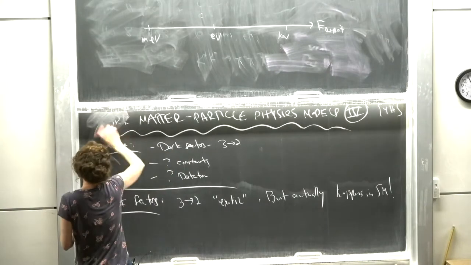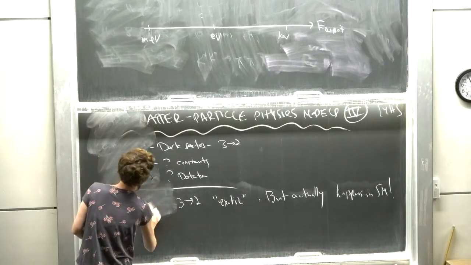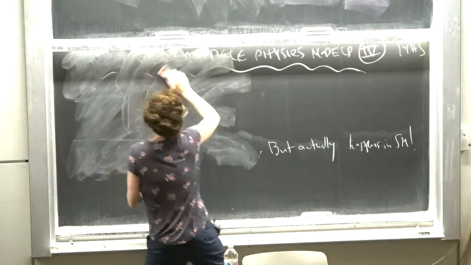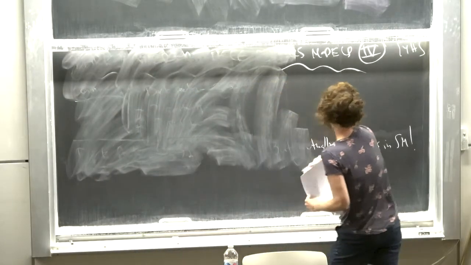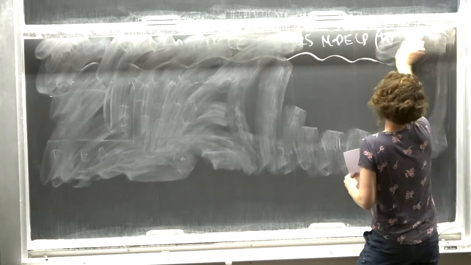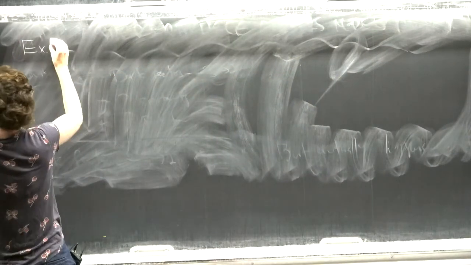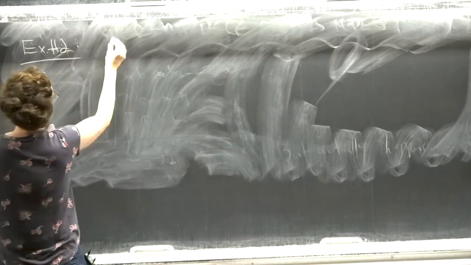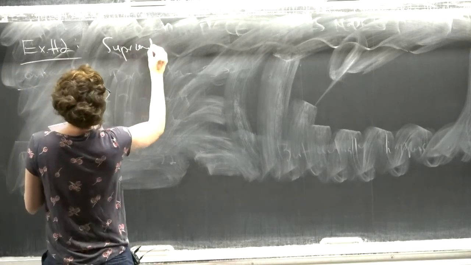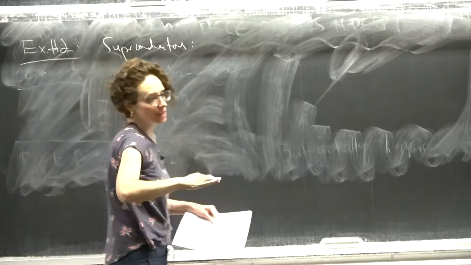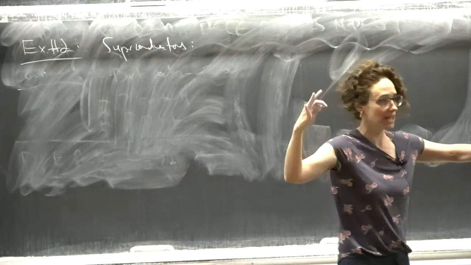which is superconductors. So example number 2, superconductors. Okay, so in superconductors, what happens is that the ground state of the system is no longer free electrons, but